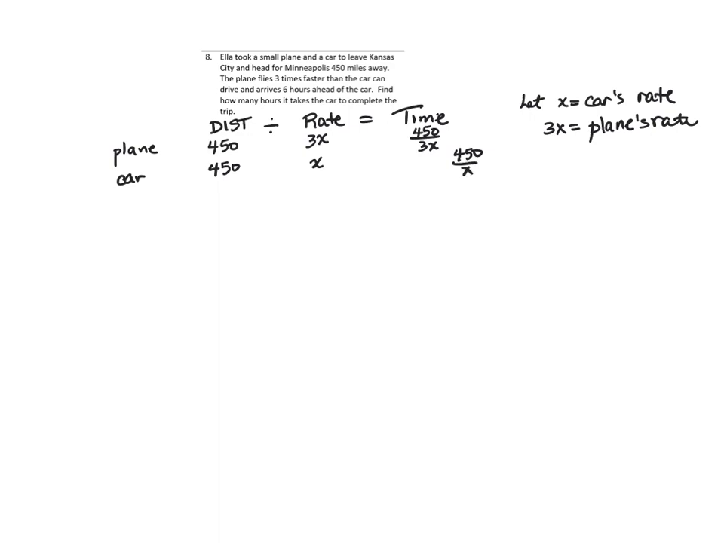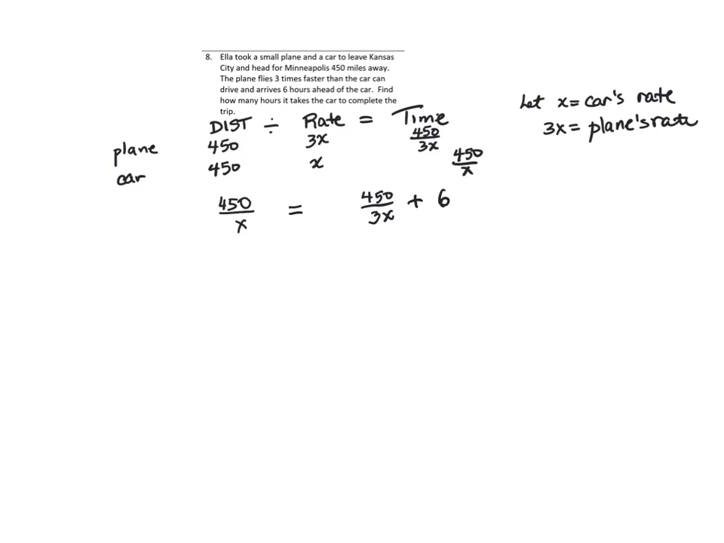Now, there's a little catch. It says that the plane flies 3 times faster than the car can drive and arrives 6 hours ahead of the car. So if we take a look at the car's time, which is 450 over x, and the plane's time, which is 450 over 3x, notice that the plane would travel less time than the car. So to make it balanced, we would have to add 6 on this side